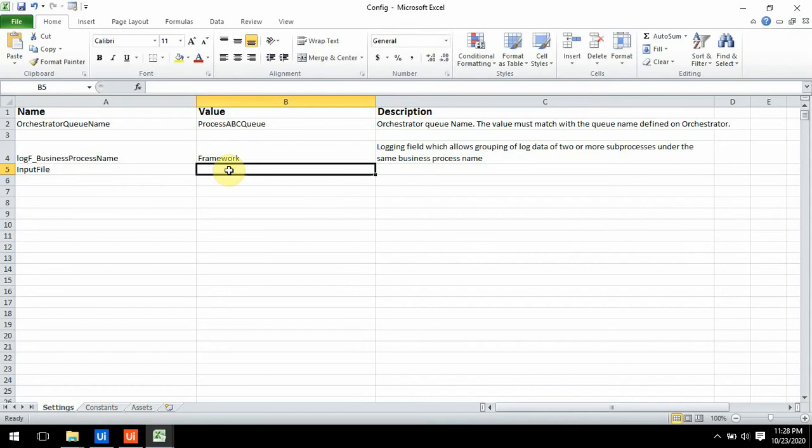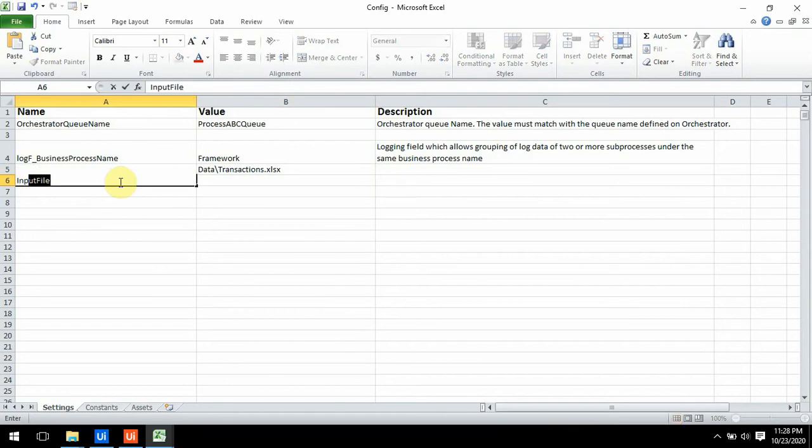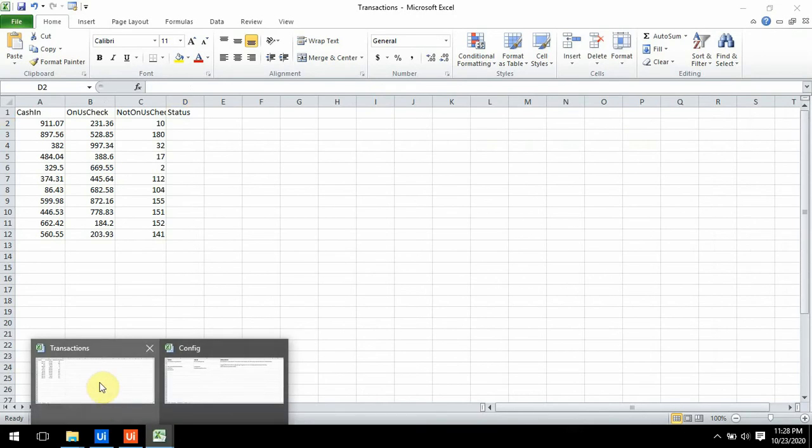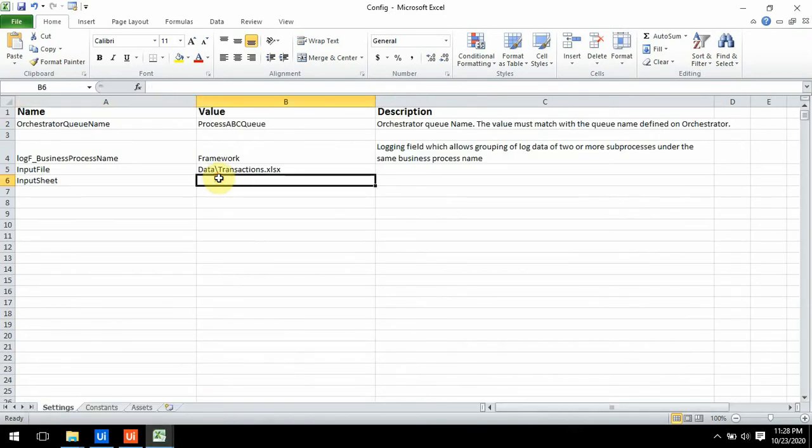Just copy and paste it here. First thing, we have to give the file name. Second thing, we need to give the sheet name: input sheet is the key, and the value is Sheet1. So just write down Sheet1.